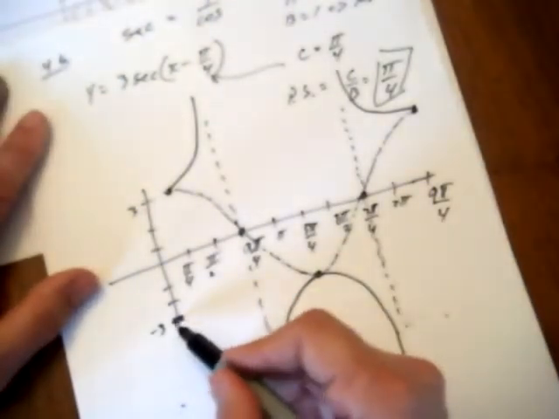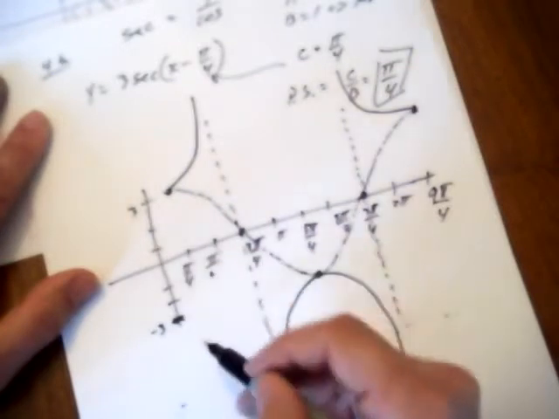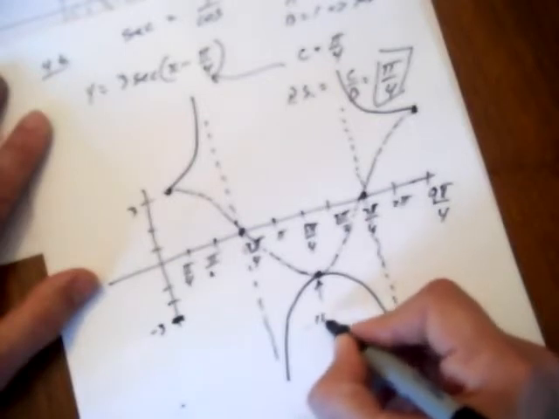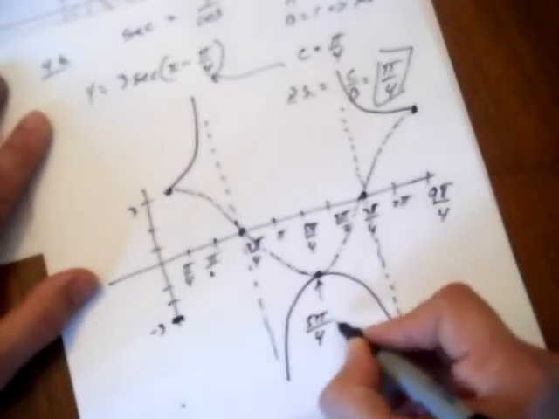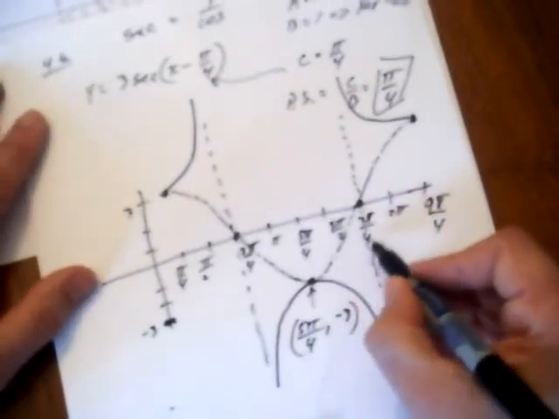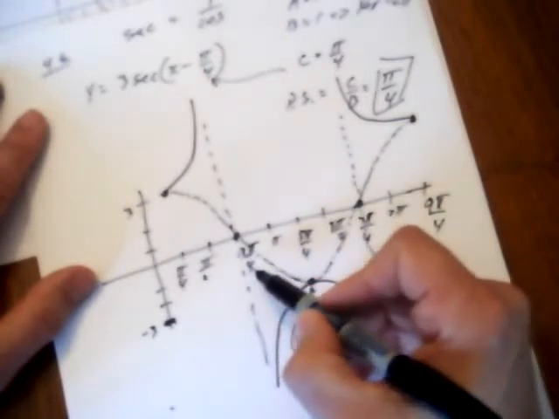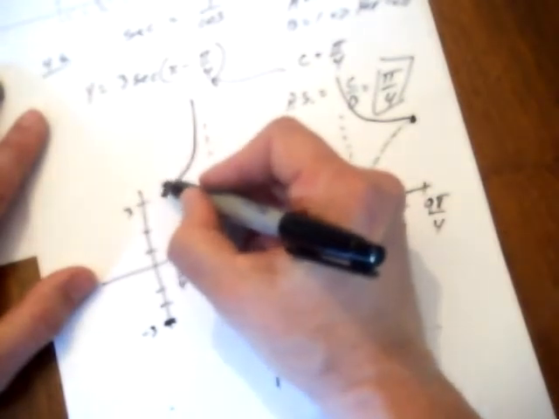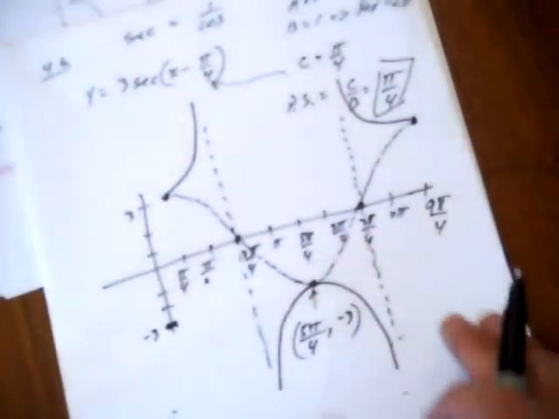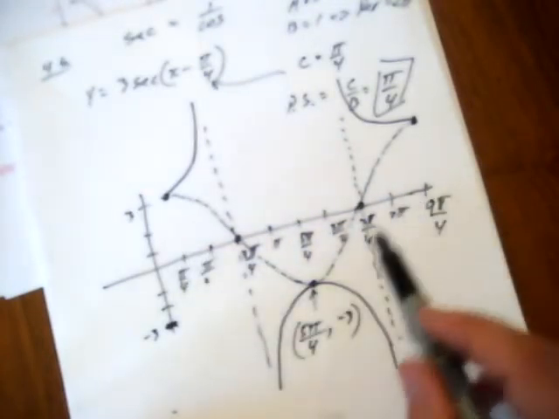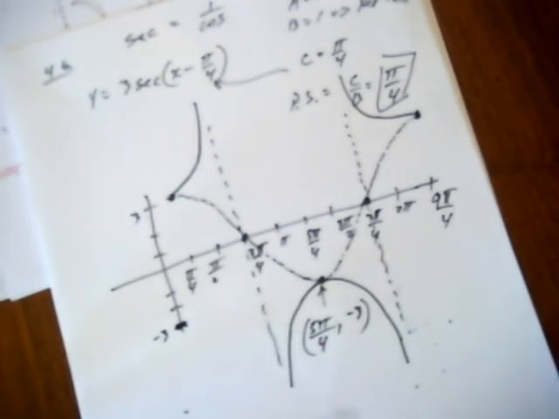Here's what was important for me to label: the vertical labels. Or you could have just put down what this point is. Some people have done that. 5 pi over 4 is my x value, -3. Here it's labeled 7 pi over 4. Here it's 3 pi over 4. Here it's pi over 4, and the vertical is 3. Anyway, that's what it looks like. Looking at one period, going from here to here is one full period. I think this secant problem